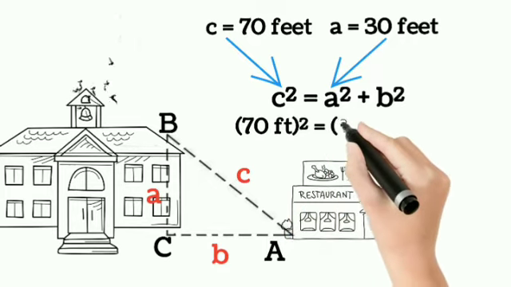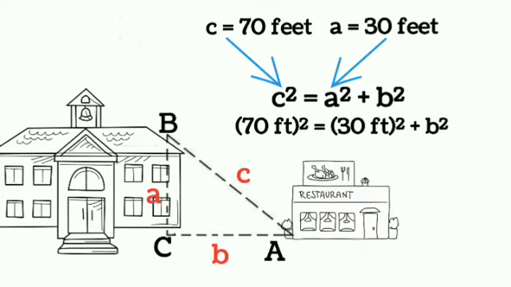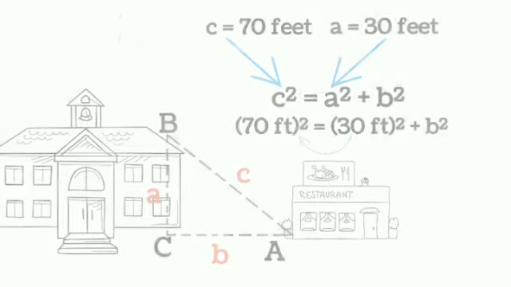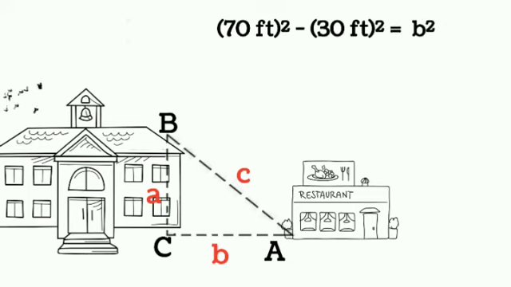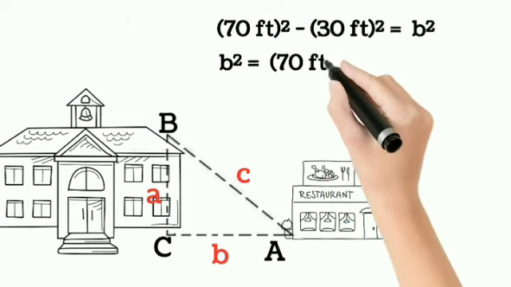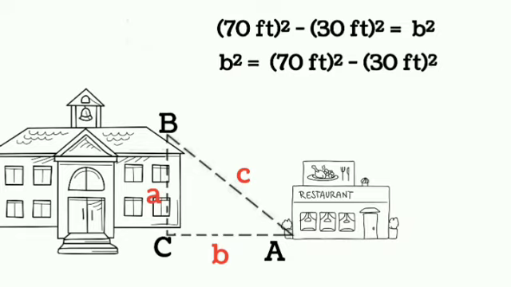Thus, the equation will now become, quantity of 70 feet squared is equal to quantity of 30 feet squared plus b squared. Furthermore, subtract the quantity of 30 feet squared from the quantity of 70 feet squared by transposing it to the other side of the equation, then rearrange it from left to right. The equation will now become b squared is equal to quantity of 70 feet squared minus quantity of 30 feet